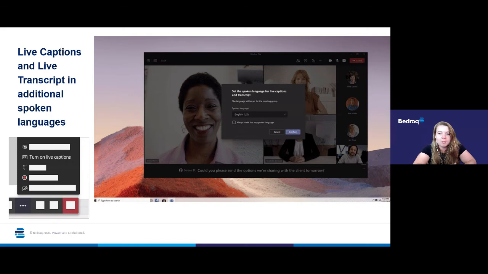That's where you find the record button and all those other meeting options that are in there whilst the meeting is in progress. So you can get the transcript in English or in other additional spoken languages. Like I said, there's 27 different options for this. So